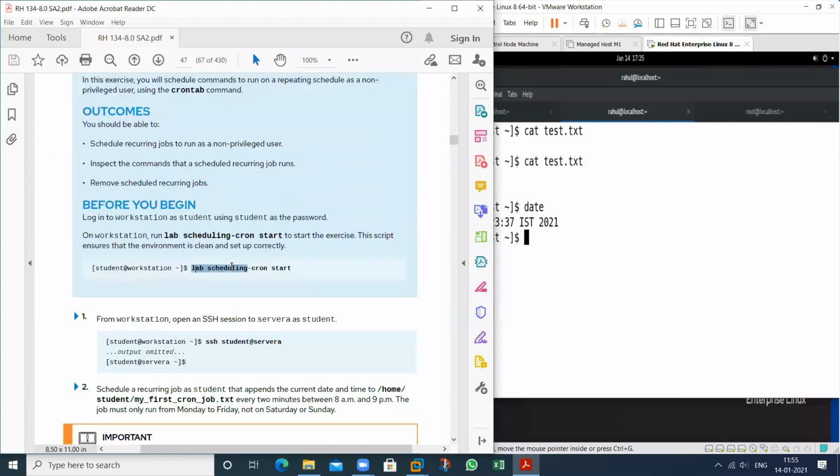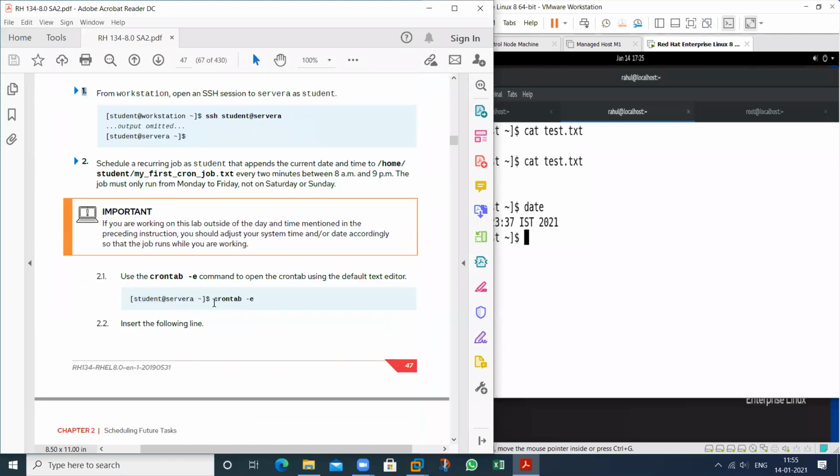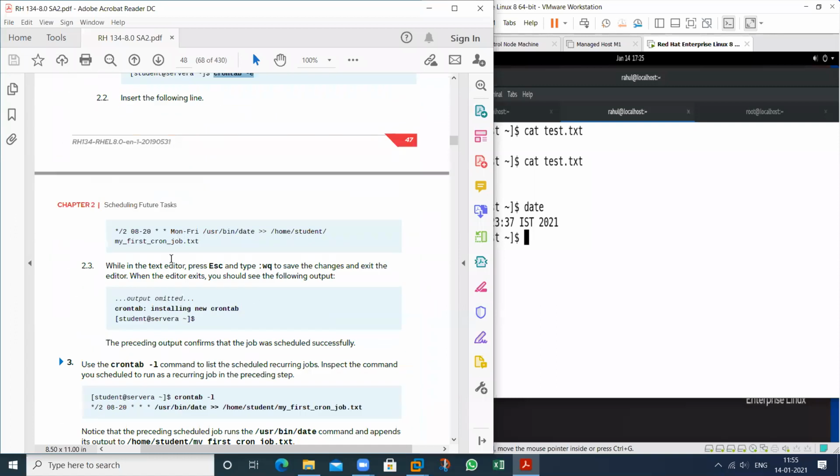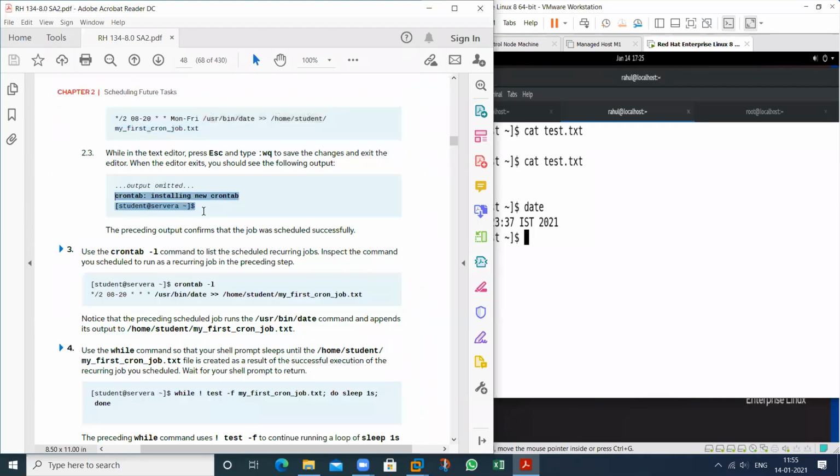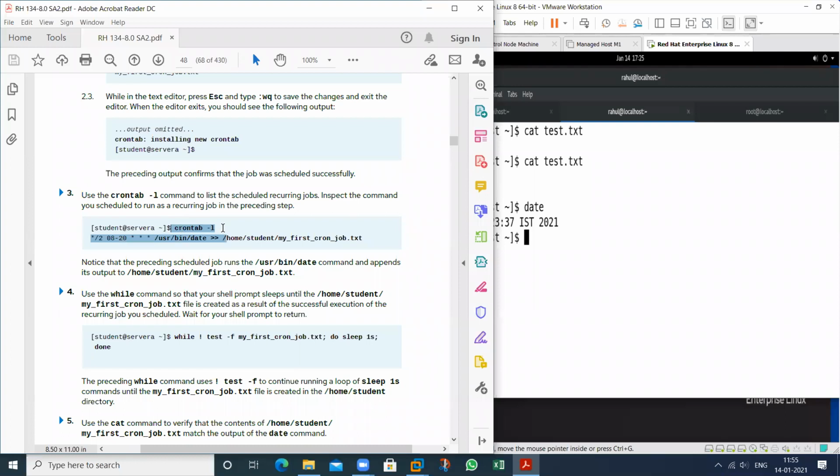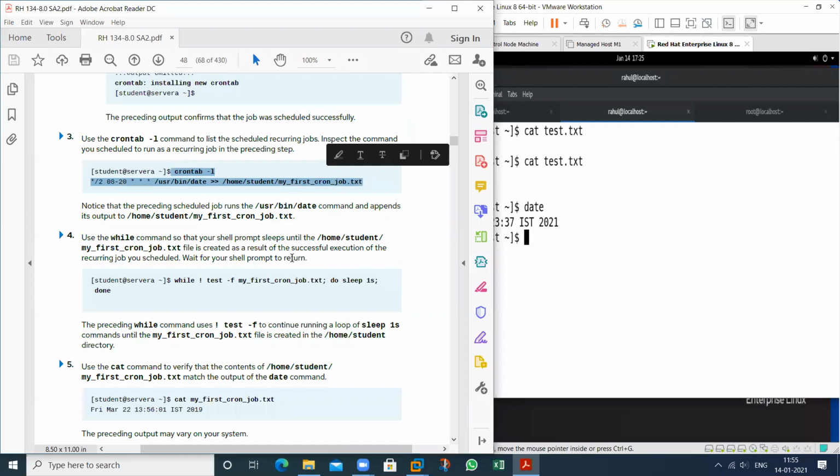Use vim for this. So crontab -e also. This is the time. At this particular time, perform this particular date command and store the output in this particular file. This is my file where all the results will be placed. So this will show this type of message, crontab: installing new crontab. If you want to check what types of tasks you have assigned, you can also check.